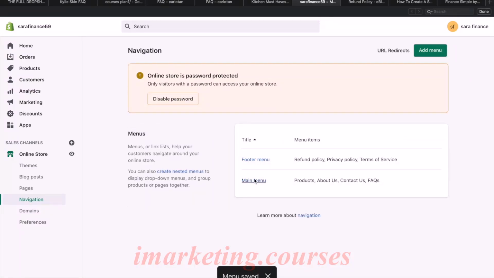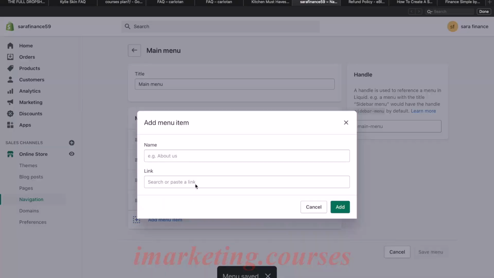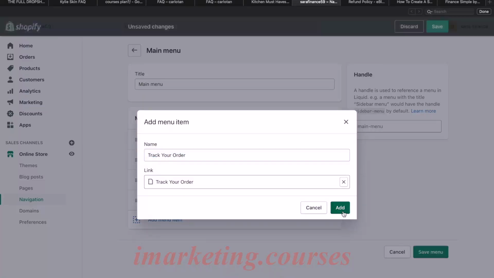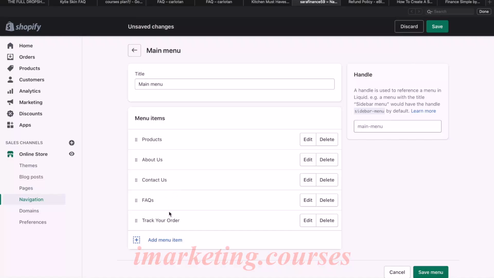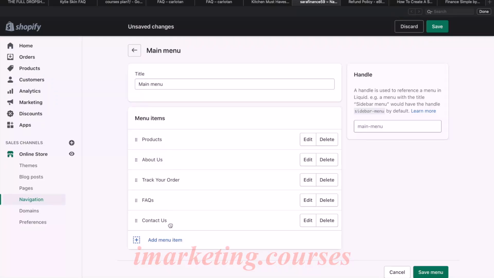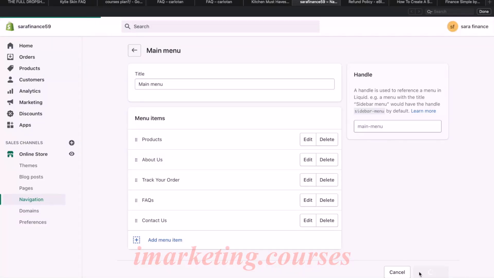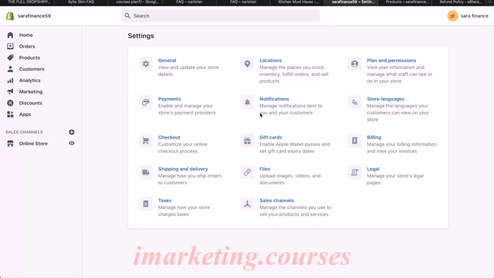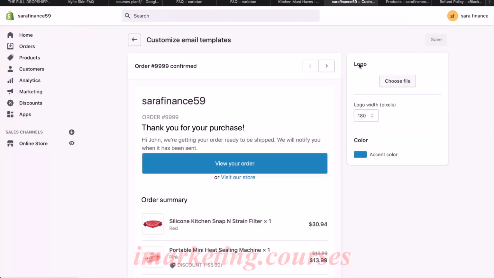Click on main menu. Click add menu item. Pages. I forgot to add the track your order, which we do need. And now I'm going to organize this a little bit more. So I'm going to move this one to the end, then move this one right here like that. So it's going to look like this. So I'm going to click save menu. Okay, perfect. So that's all good. Now we're going to go back again and just make sure that's also good. Perfect. So we've done this, click on settings, click on notifications,